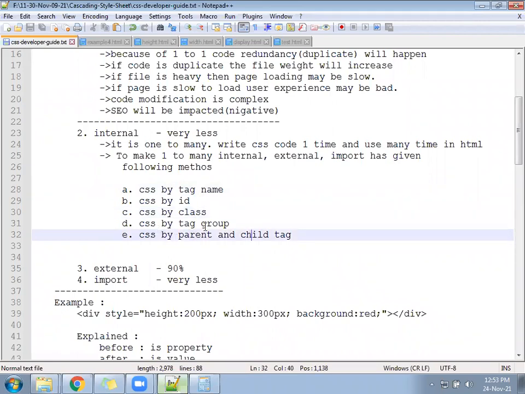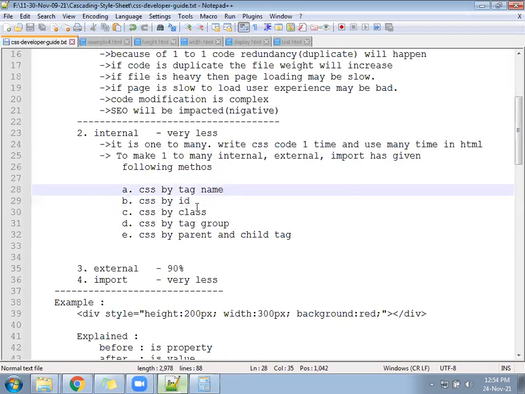Our Bootstrap is designed based on A, C, D, and E, not based on B. B is reserved for JavaScript. ID is reserved for JavaScript, and Bootstrap has given the solution for all the methods except the second one, that is ID.